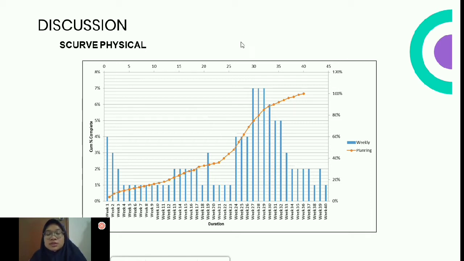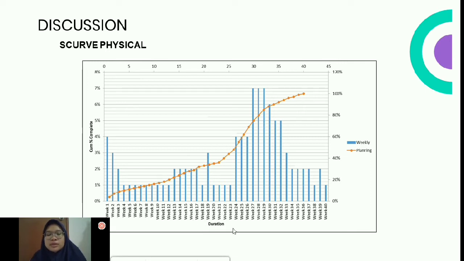First is S-curve physical. An S-curve is a project management tool that shows a quick visual of the progress over time. For S-curve physical, like you see here, the progress of the project is the cumulative percent complete, while the time is the duration.